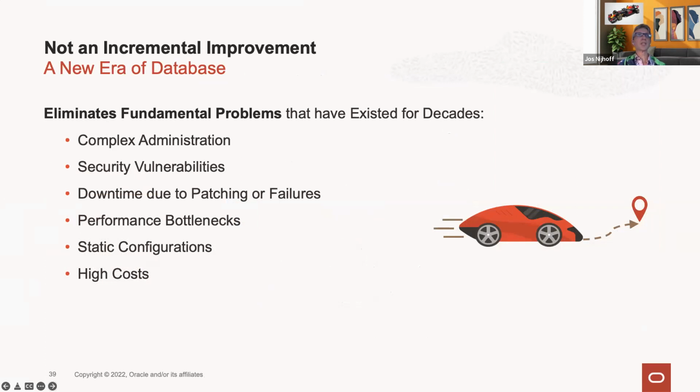this is a good slide that summarizes what DBAs probably all know: DBA work is complex work, and there's a lot of things to do, and it actually can take you away from the actual data management and the actual work of modeling your data and helping developers get the best out of the database. These are the things: complex administration, security vulnerabilities that need to be patched. So there's a lot of work on patching. It's probably not the most interesting. And if you compare it to a car,